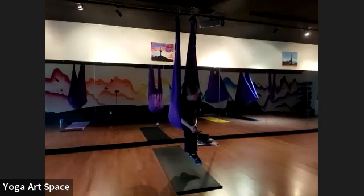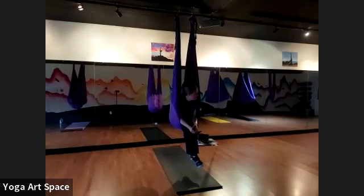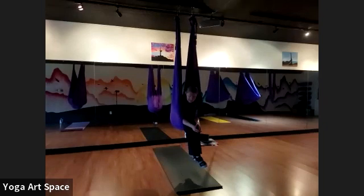And as you're scanning through your system, taking these deep breaths, notice if there's tight spots. Our hope and our goal is to help to ease some of that tightness out. Sometimes I visualize that tightness as darkness. So imagine